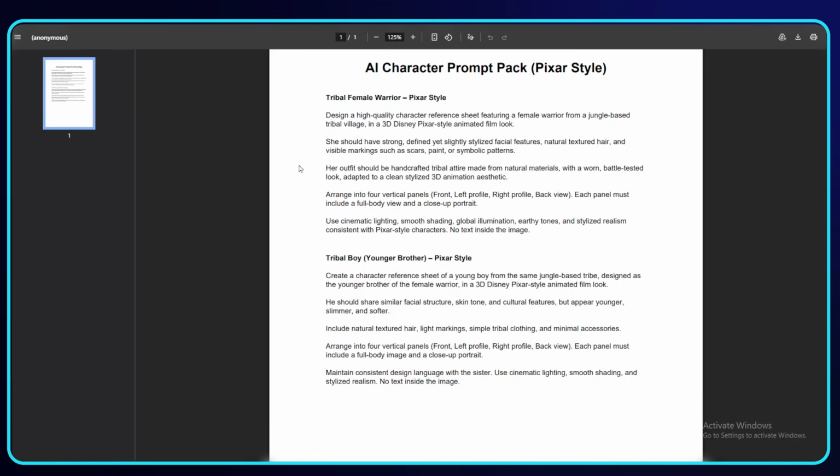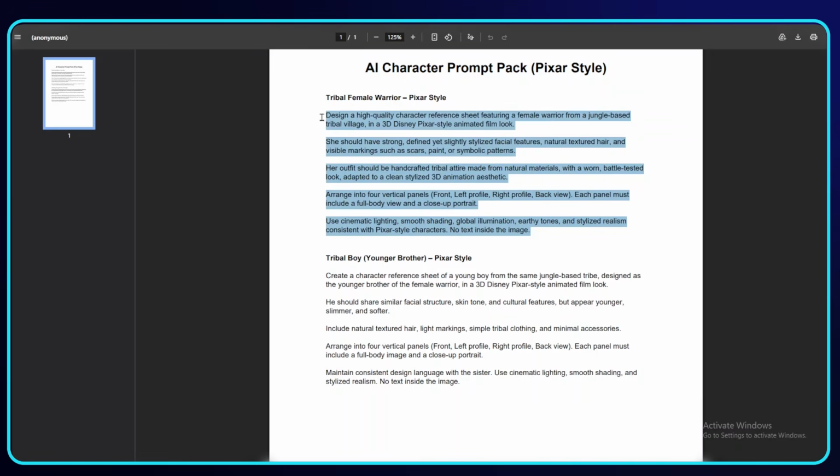This prompt tells the AI to create a specific character, not just a random image. It defines how the character looks, and then it asks the AI to show her from different angles. This creates a reference sheet that locks our character's face, outfit, and overall look. Because of that, the AI stops guessing and the character stays the same in every scene. Without it, each image would look slightly different, but with it, you get a consistent character you can use to